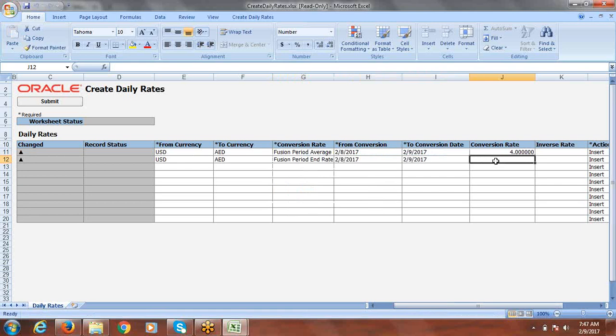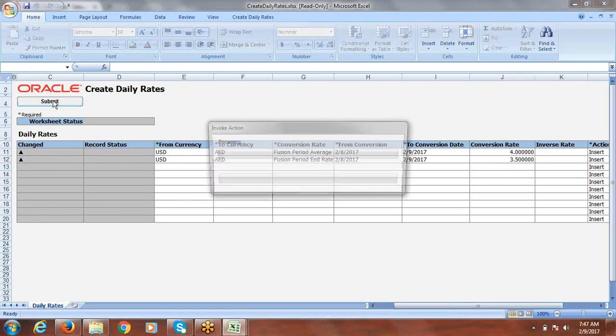But just considering how the system is running, I'm taking it this way. So end rate is something like, just to make some difference, I'm taking 3.5 AED. Okay, done. So these two rate types are enough here.